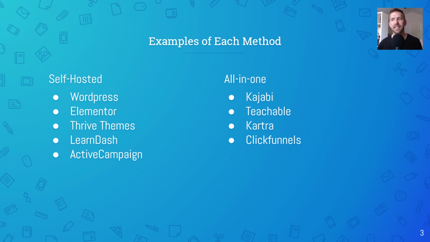So let me give you a couple examples of each one of these categories of products so we're all tracking on the same page here. On the self-hosted route, like I said, we're talking WordPress and all the plugins that give you all of that functionality with WordPress and self-hosting processes. So when you want to build your landing pages, your sales pages, some of your course content, if you're selling courses, you're going to be using a page builder like Elementor, Thrive Architect, Divi, some of those different tools there.